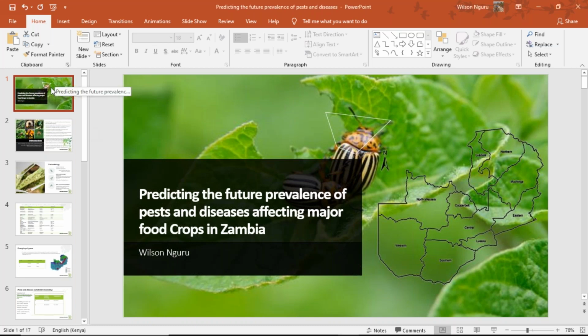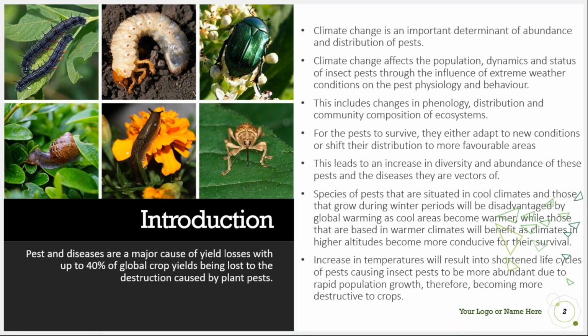So this idea came from knowing that apart from having a lot of things which are being affected by climate change, and one of them being the production of food, we also realized that pests and diseases will be changing with climate change. And because pests and diseases are a major cause of yield losses, attributing to up to 40% of global crop yields, we saw that it would be very important to know their dynamics and distribution with climate change,